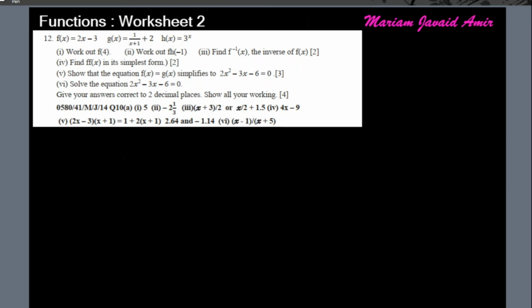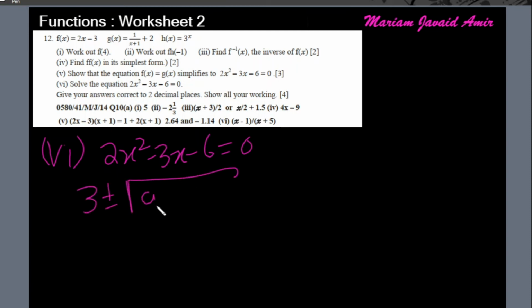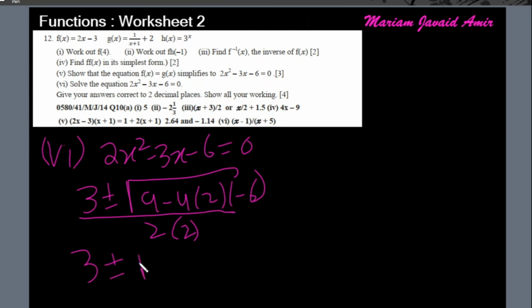This is your hint for using the quadratic formula, because middle term breaking or solving by factorization won't probably work. So minus b plus minus root of b square minus 4ac over 2a. So we get 3 plus minus under root